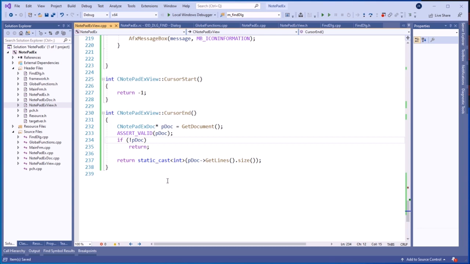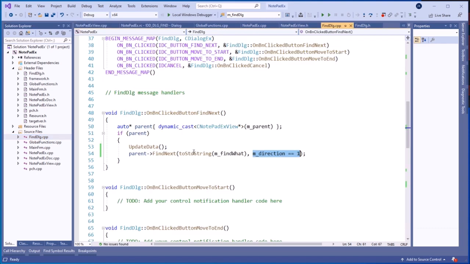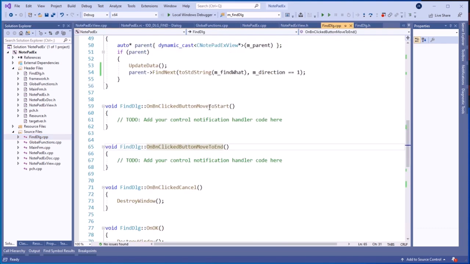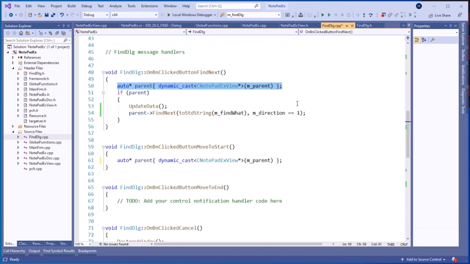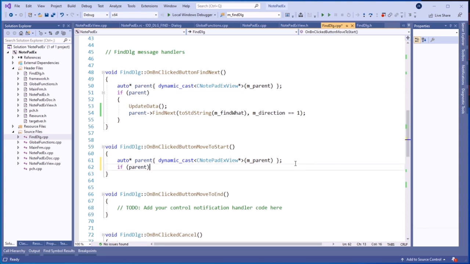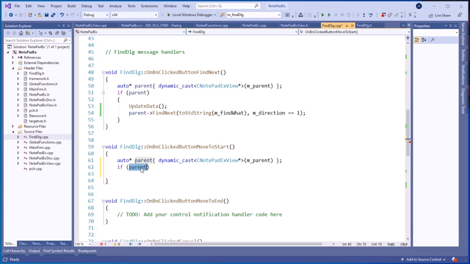that we want to, when we press on the dialog box, let's go to the dialog box now. So move the star. So this is the function we want to use first. We want to move the cursor to the beginning. So now here we need to contact the view again. So I'm just copying that line from there and checking that if the parent exists, then we can just call